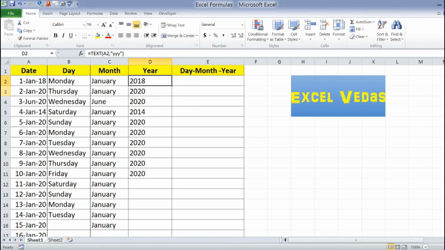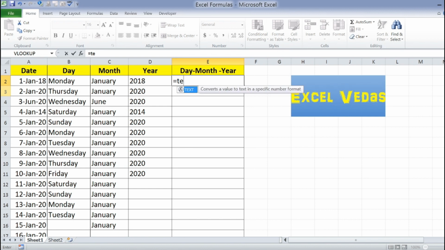So this is how we can get our day, month and year from the date by using the TEXT formula. So let's see how we can combine everything, the day, month and year, within a single cell. So let's see, is equal to TEXT, bracket start, tab. Let's select the value as the subject, comma, inverted comma, and here what I want is day first.